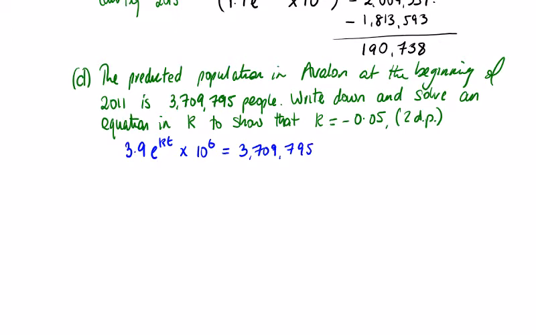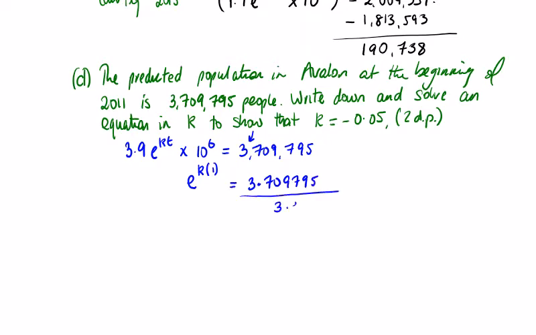Dividing by 10 to the power 6 and 3.9, I'm going to get e to the power of k times 1, because it's the beginning of 2011, 1 year, is equal to 3.709795